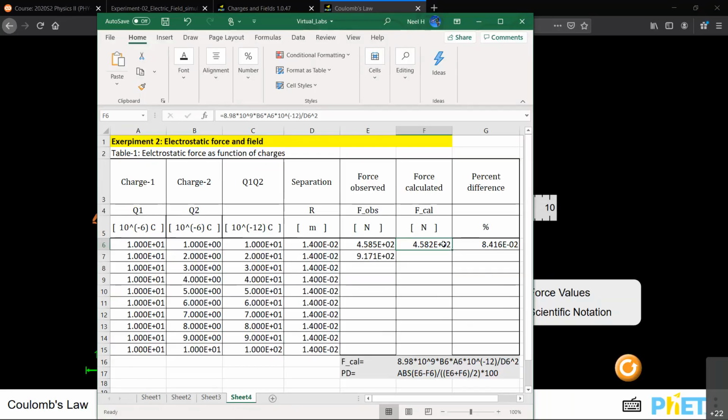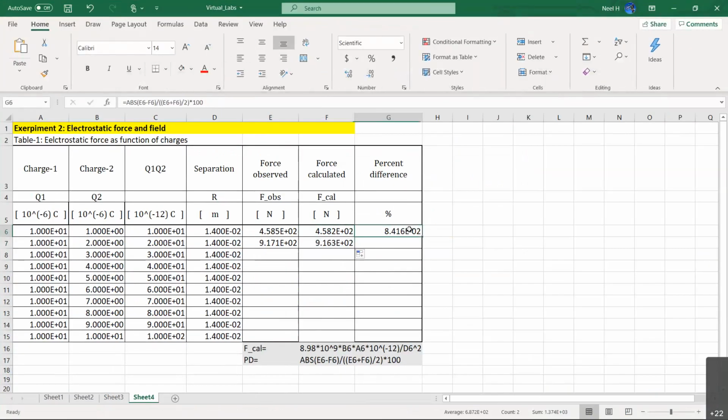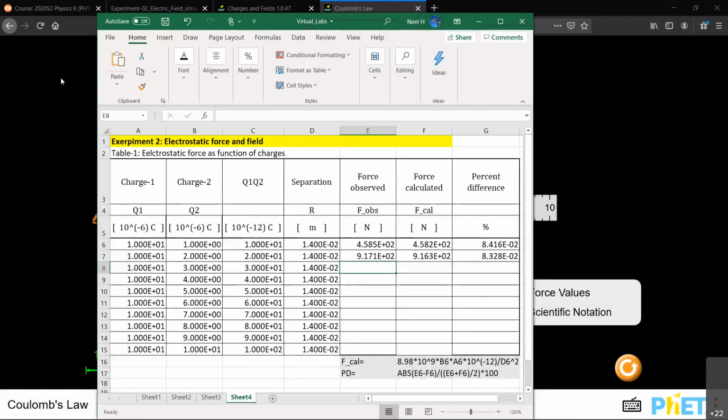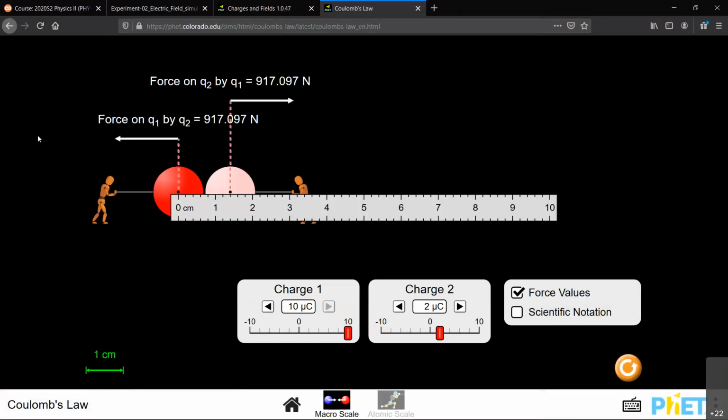You click this cell, and you see the very edge, the right side lower edge, is actually like a solid box. You click there and then drag in the downward direction. It will do the calculation automatically for you. Similarly for this one, you do it only for one row and then click and drag. So everything is very simple to do if you're using Excel or any other data analysis software. If you're using a calculator and writing everything down, that is up to you. I'm not going to say anything, but you're wasting a lot of your time.